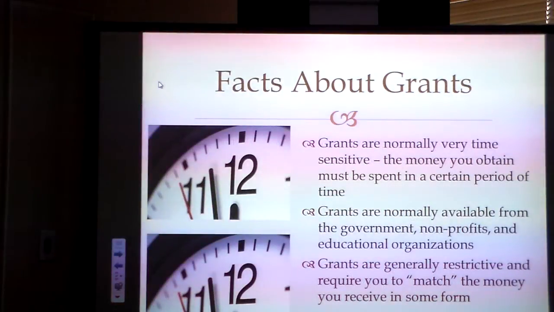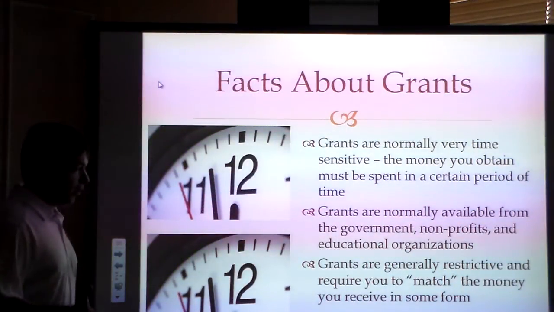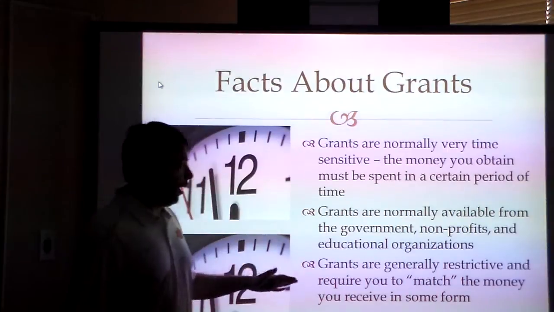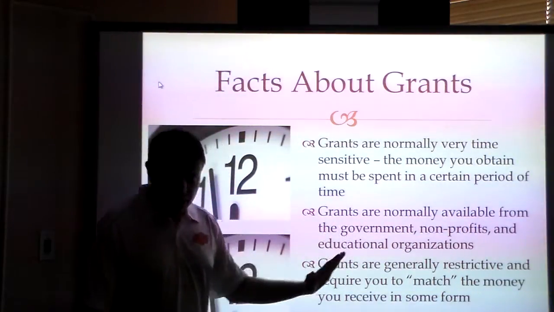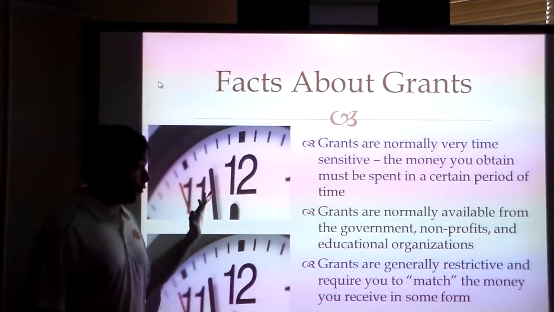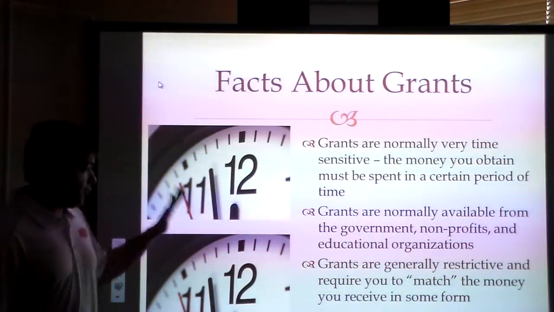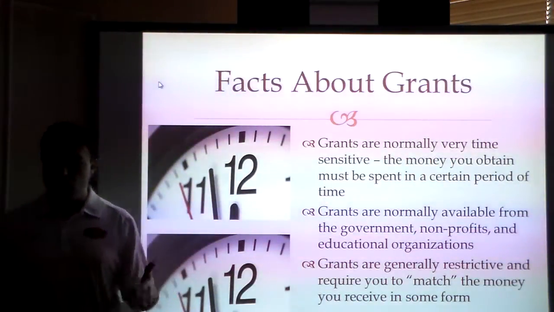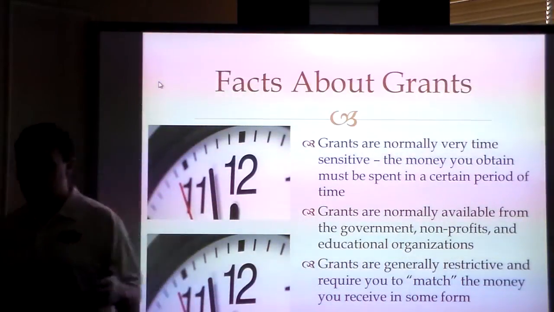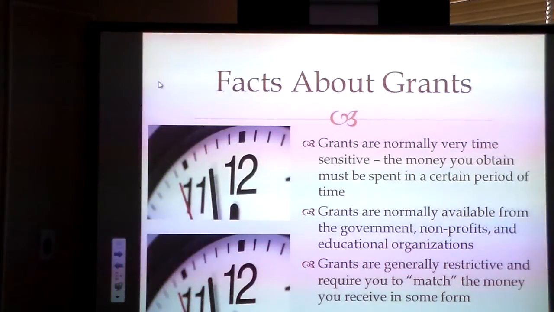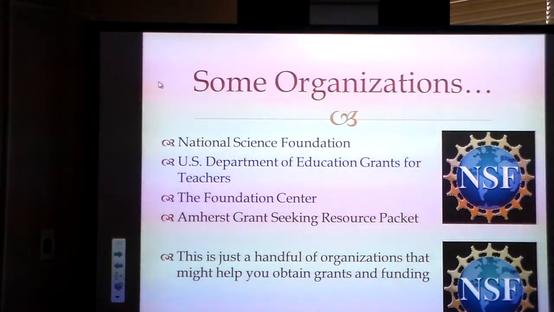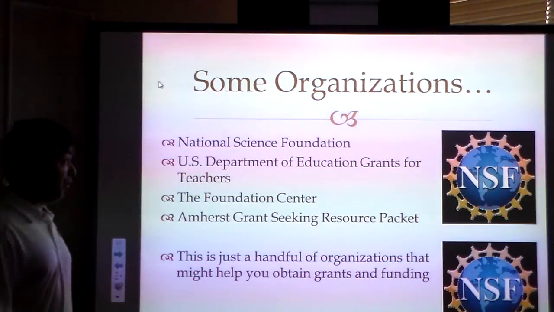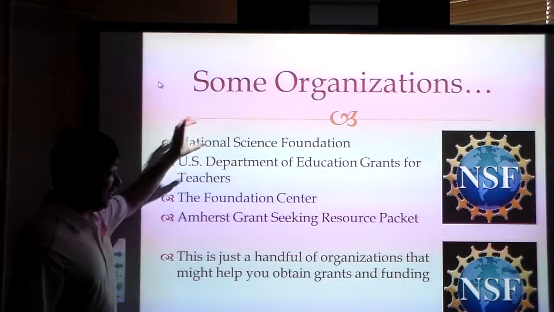So grants have to be spent in a certain time period. When you get money for a grant, you have to spend it, you have to have a plan for it, and you have to use it to improve the school. Government, nonprofits, and educational organizations are there. A lot of them that are at the school level will require you to match it. So you match the money you receive in some form. So I'll give you some organizations. I will say this, the NSF, our book talks about how important of a grant writing organization this is. If you can get an NSF grant,